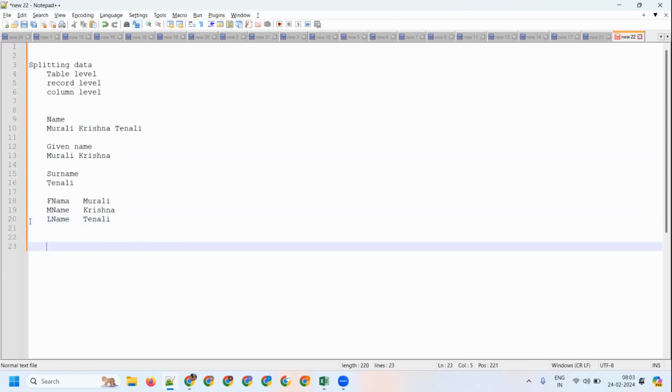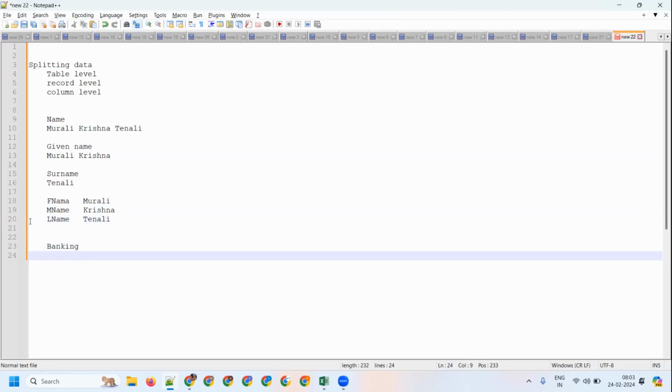Let's say bank, right? I'm just going with the banking domain, just one example. Let's say that one of the banks is going to be ICIC 20006 underscore Gachibowli. What it is,